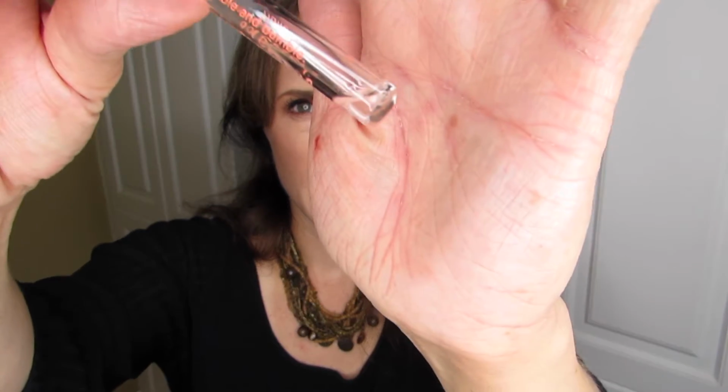I also used up a Bumble and Bumble Hairdresser's Invisible Oil. So that lasted me quite a few uses. Actually, you can still see there's a tiny bit at the bottom there, but hard to get out. So I used those, and I also used the